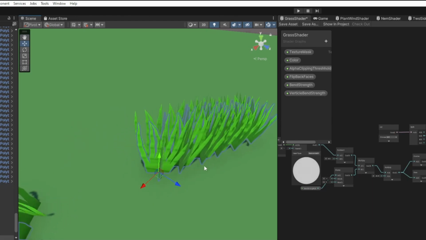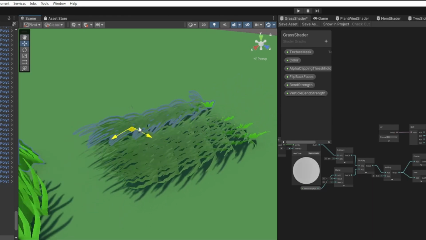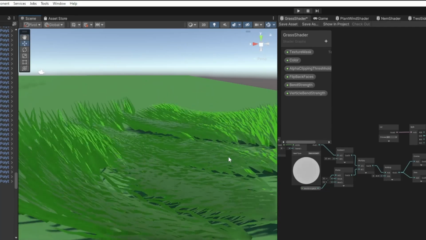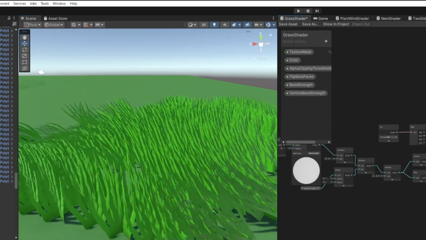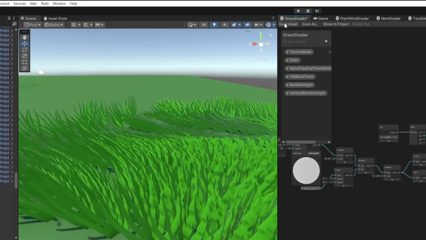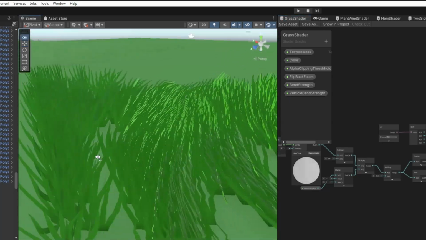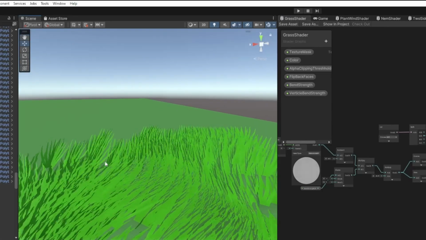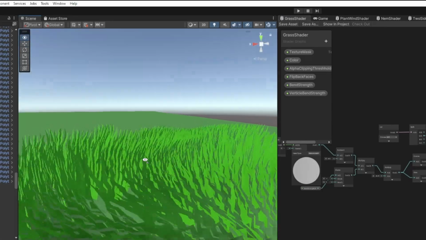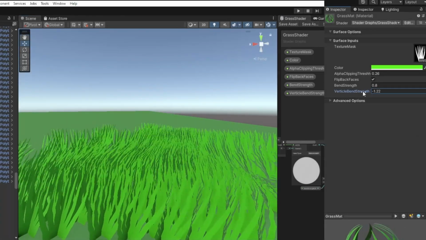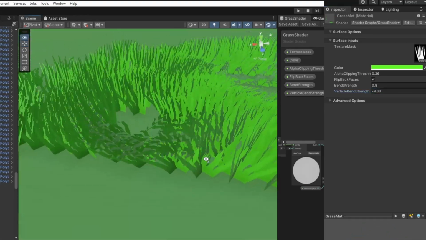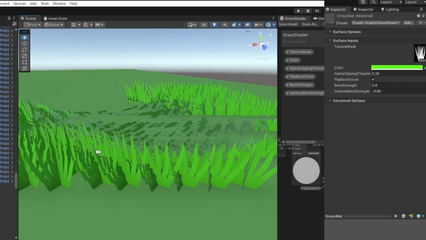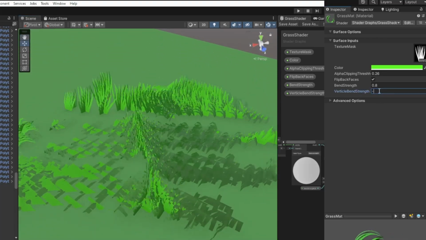If we just duplicate this quite a lot, of course it'd be better if you change the scale and everything. And also I do want to turn off cast shadows, so that's a lot smoother. You can see that it's got a very nice pushing effect. You could play around with this vertical bend quite a bit. You can make it a lot smaller, so now it's pushing it down really hard, which is not really nice,